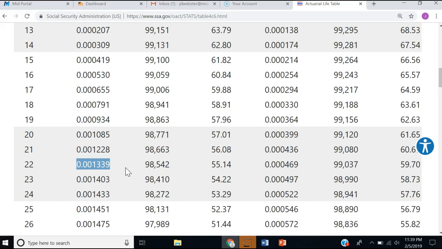So we're not talking about probably you if you're 22 years old. This number would include people who are sick, people who are on their deathbeds. This number would also include people in really high risk,